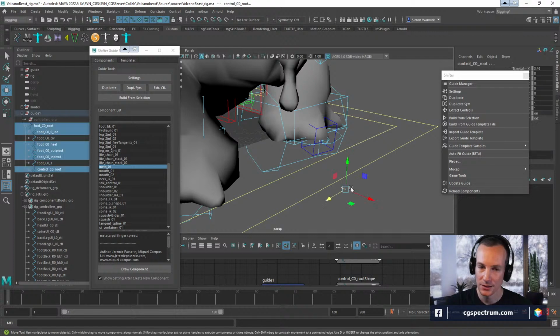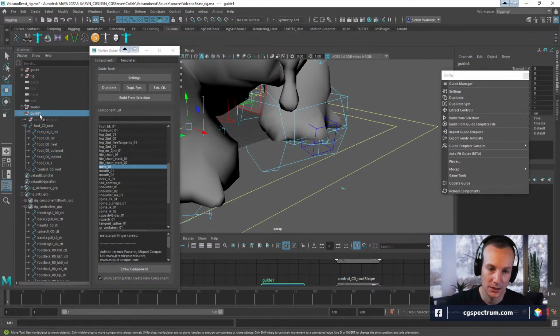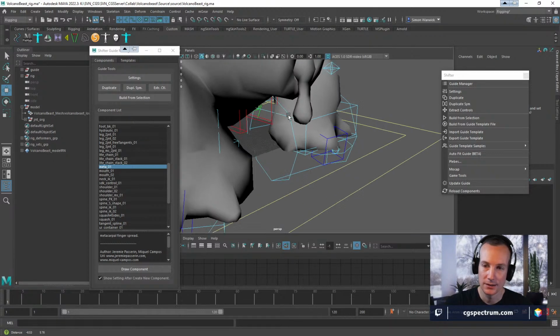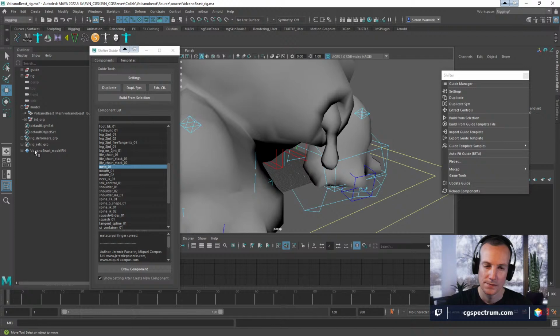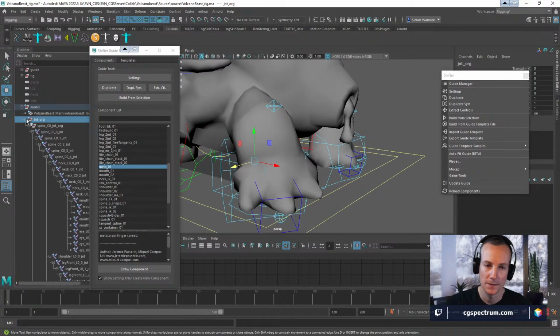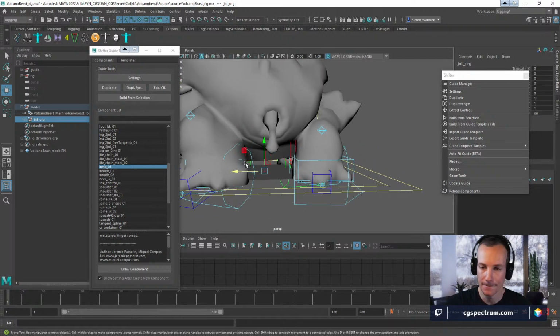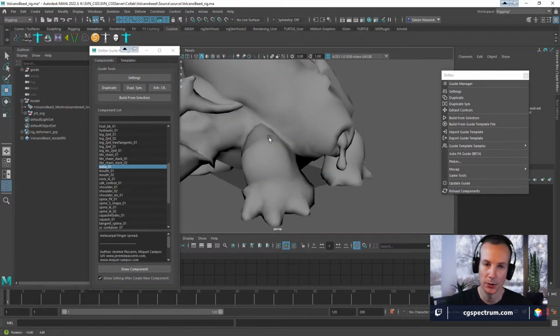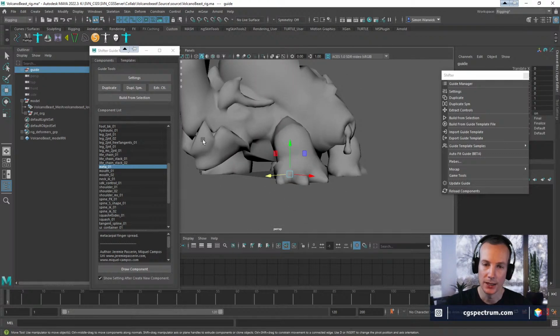Instead of using this one, let's see here, we got a guide, get rid of guide. I'm going to select, oh, here we go. This is our mesh joint organization. I don't want that. I can get rid of guide. We can go back to our bare bones here. Or sorry, rig, I meant to say. We have our guide.